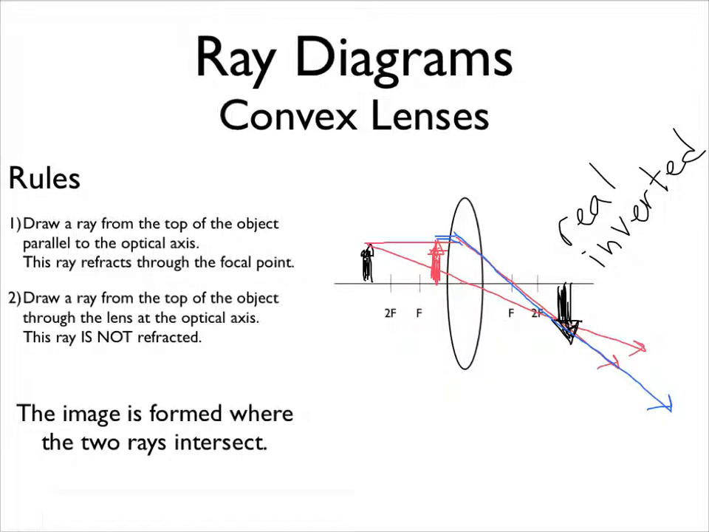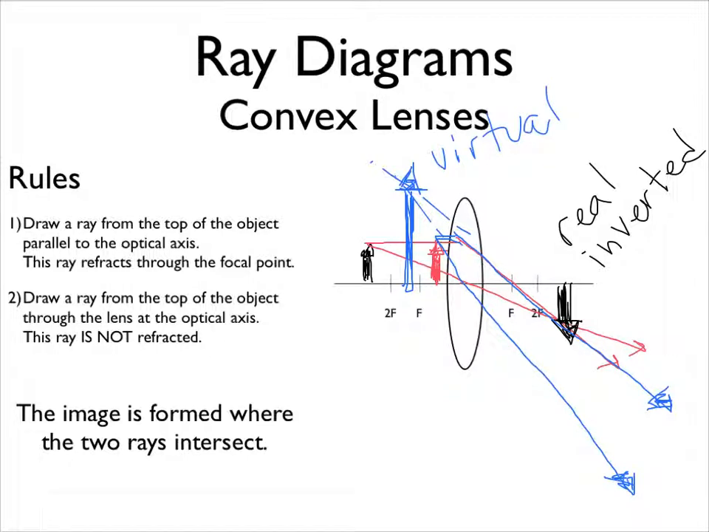When we start at the top of the object and draw it through the optical axis, what we see is that in this direction, these two blue rays are never going to intersect. Not in that direction. And so in order to find out where they do intersect, we have to actually extend them backwards. And so we're going to extend this one back this way and this one back this way. And they actually intersect back here. And so now our image is a virtual image,